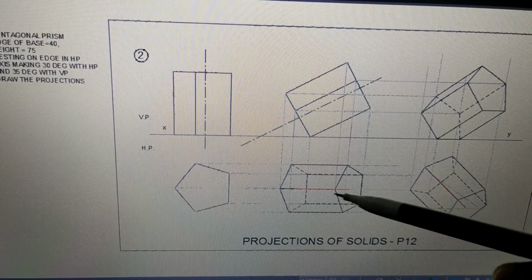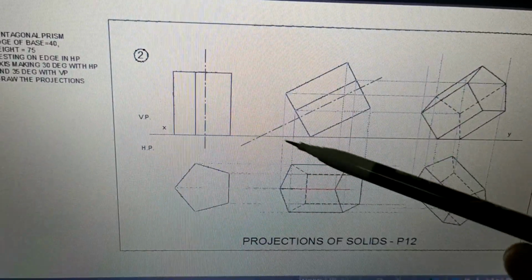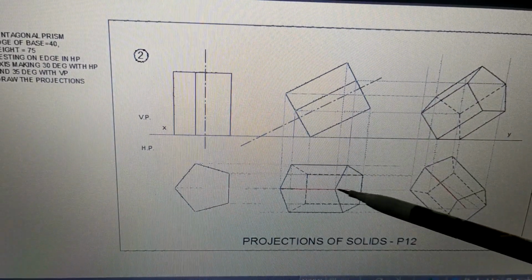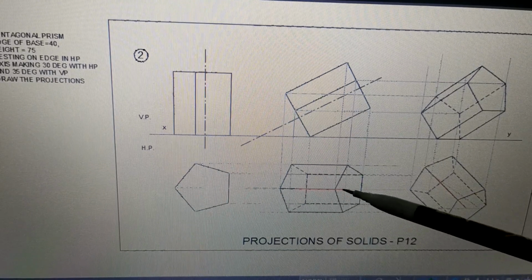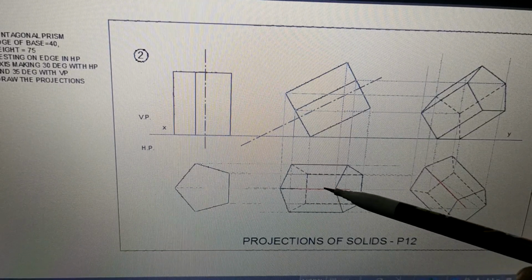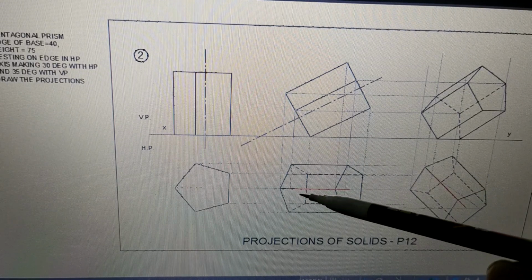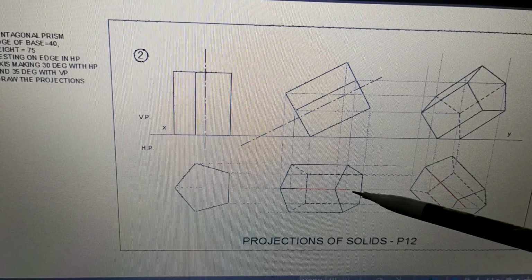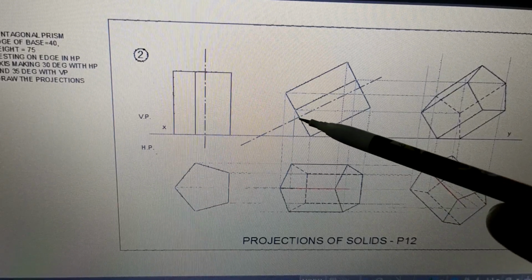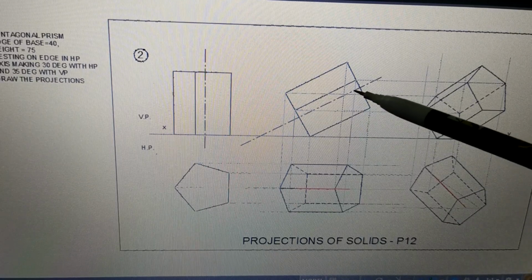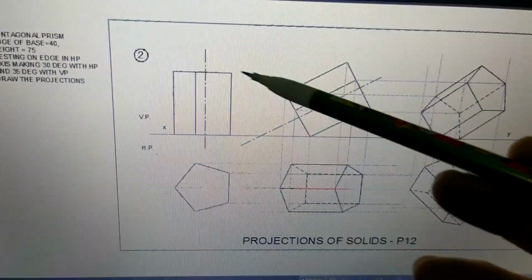Now this top view is going to make a certain angle. So the axis is going to make 35 degrees with VP. With this line VP, this is the axis. But are you going to draw this line, the axis shown by the red line, at 35 degrees to this line? No, because this red line is the inclined line. So the length of this line is the apparent length. This is not the actual length. The actual length of the axis is from here to here, which is given here as 75 mm.